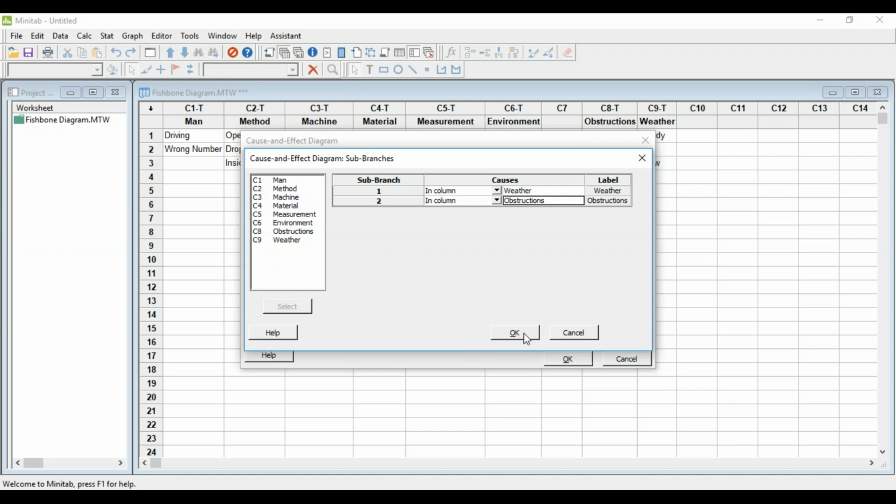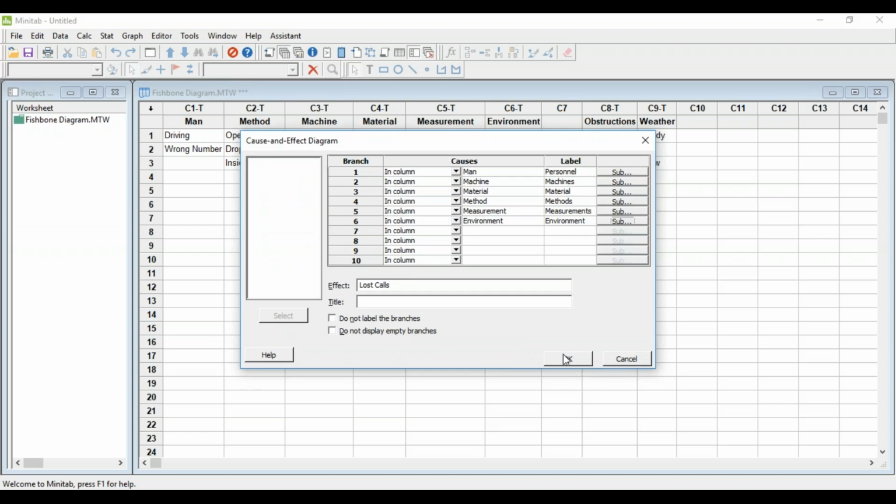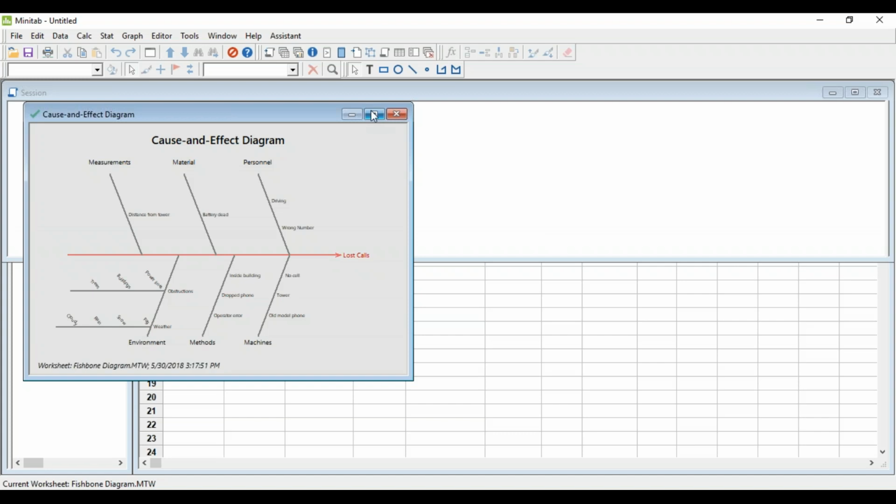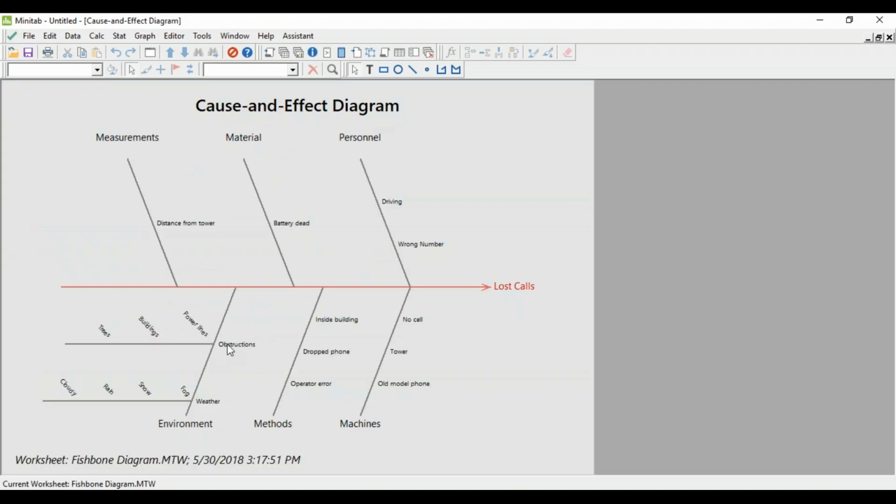And then I just do OK. And OK. And there I have my fishbone diagram with my second layer drawn off to the left of my initial possible